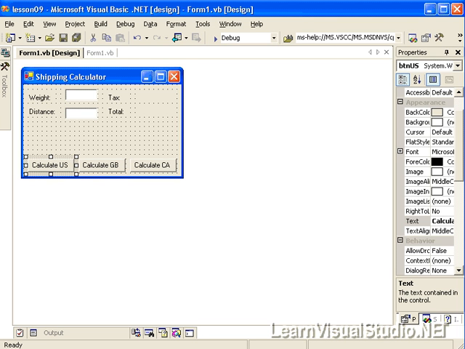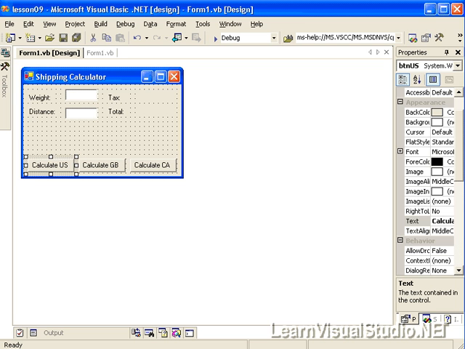In this video we're going to talk about procedures, and in order to give you an illustration of why procedures are so important, I've created a little application called Shipping Calculator. In this application we're not going to use our own custom procedures. Instead we're going to just write code the way that we know how to do it up to this point